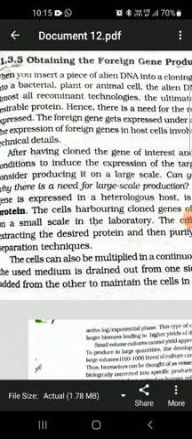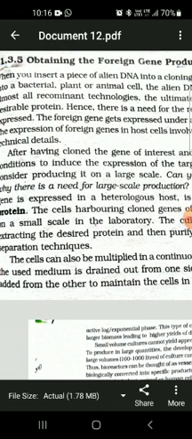When a fragment of foreign DNA is aligned into the cloning vector and transferred into a bacterial, plant, or animal cell, it multiplies. In order to get the product of our interest, this foreign gene needs to be expressed under appropriate conditions. For this, a lot of technical issues should be taken into account.